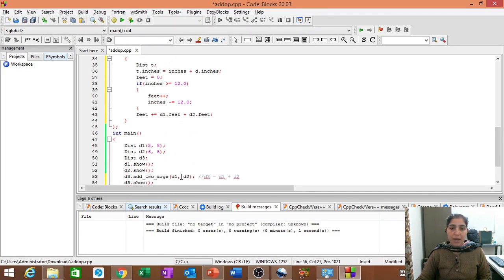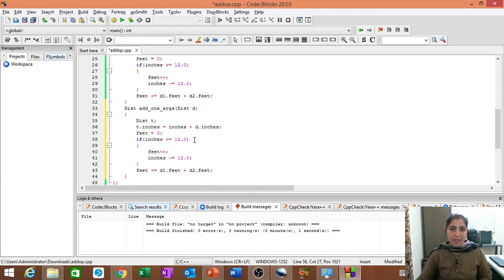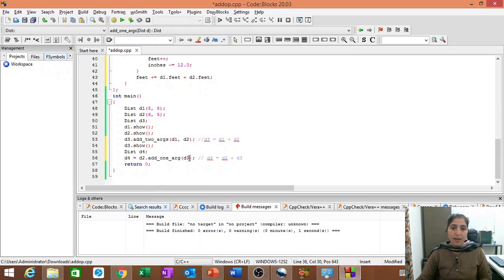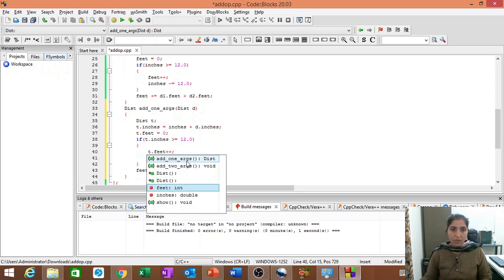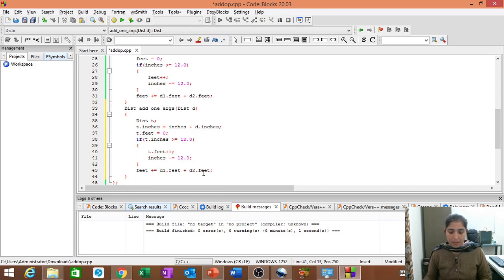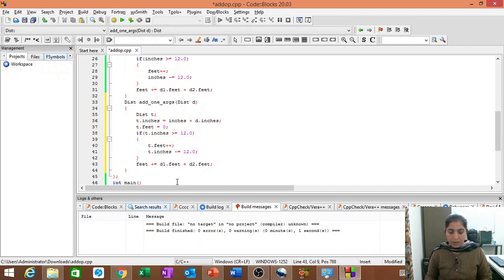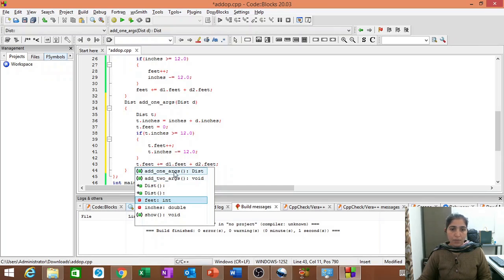Okay, because we are passing D3, D3 will be copied to this D, so here we are using this D dot inches, it means it is equal to D3 dot inches. Okay, then for feet, here we will write T dot feet, and here we will write T dot inches. Here again we will write T dot feet and T dot inches,